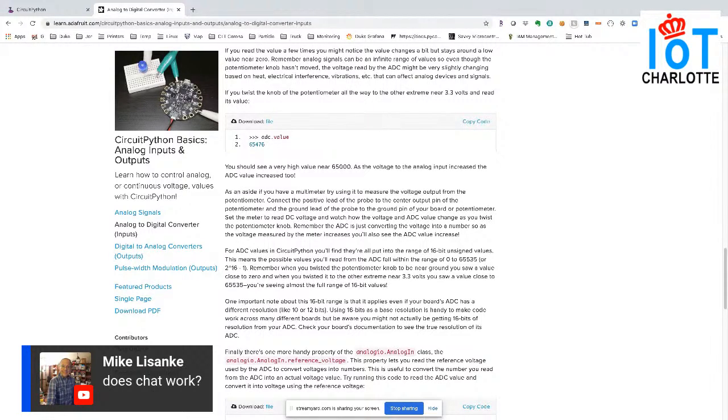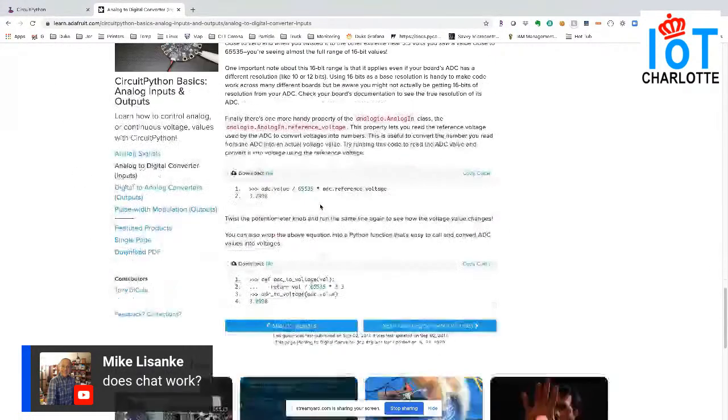So which has more coverage? You're talking about the difference between MicroPython and CircuitPython. I would tell you that MicroPython has more coverage because it supports a lot of boards that don't have an onboard USB. One of the things, and this isn't true because there's a CircuitPython version 3 available for the ESP8266, but